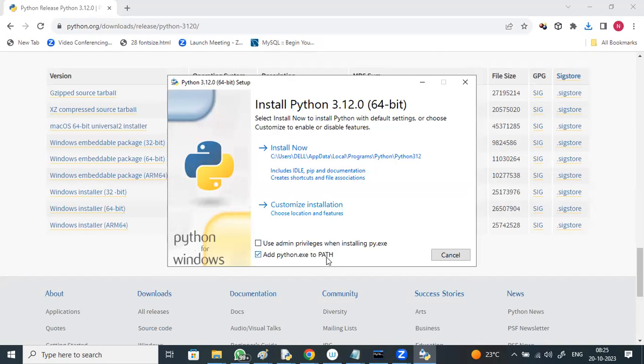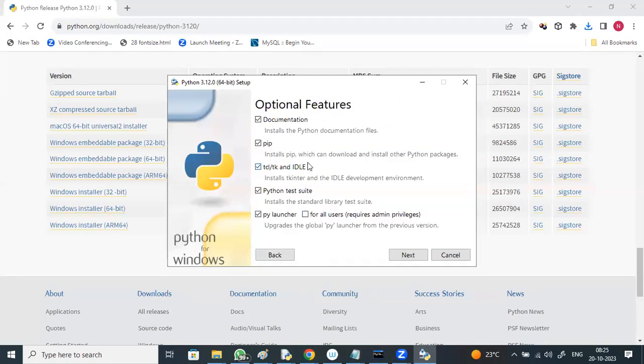So by default this Python is going to be added to the PATH variable of the OS, and go for customize installation. By default you get documentation, pip, and all this, right? Click next.